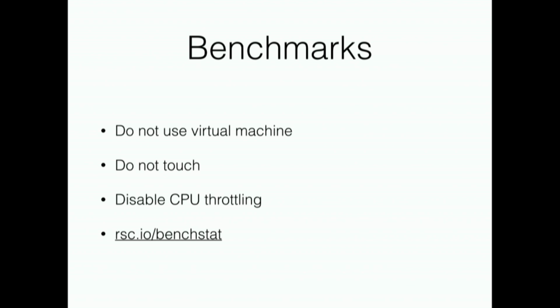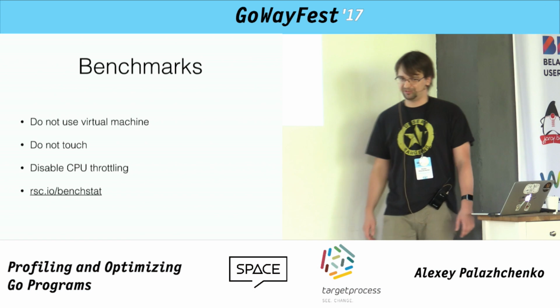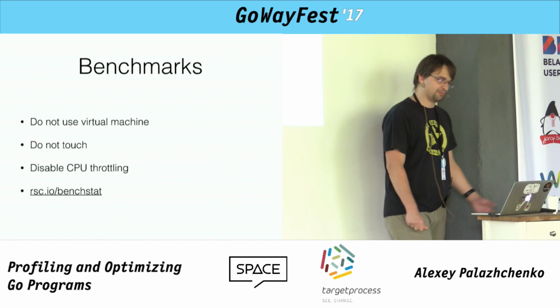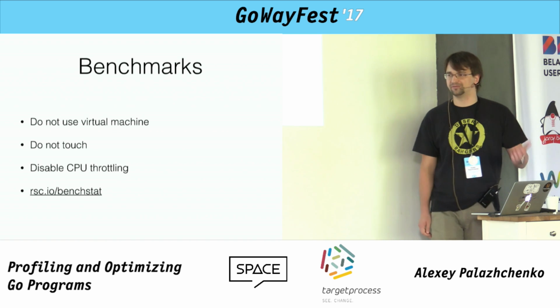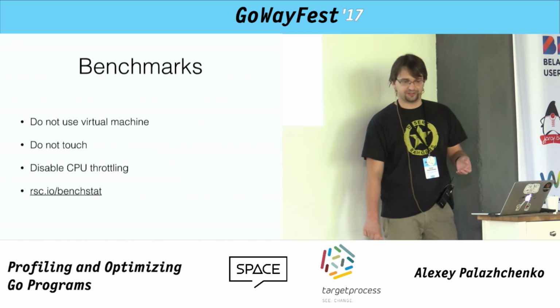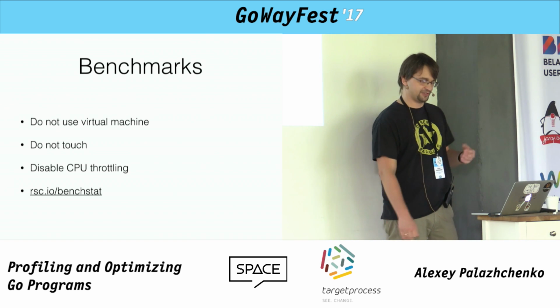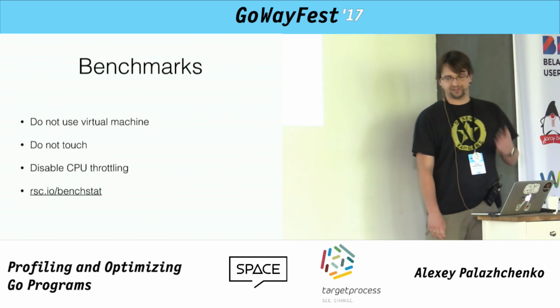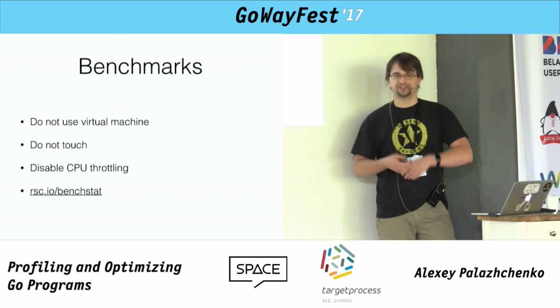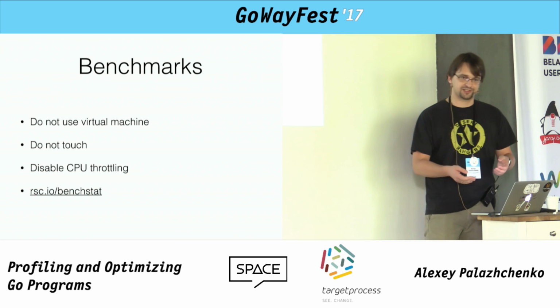Okay, so how do we write the right benchmarks? Before we profile our code, we have to write proper benchmarks. We've seen a lot of problems here. You should use a sink. You should make sure that your functions are not optimized away. You also should not use a virtual machine of any kind. Even if you run your code in a virtual machine or Docker containers in production, when you benchmark,